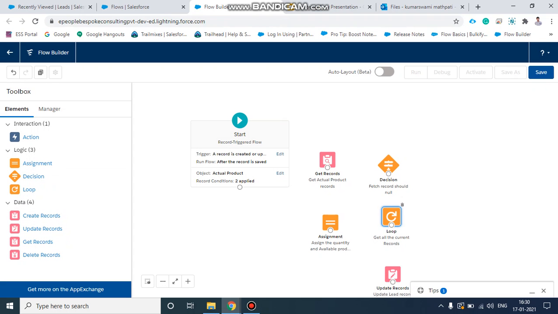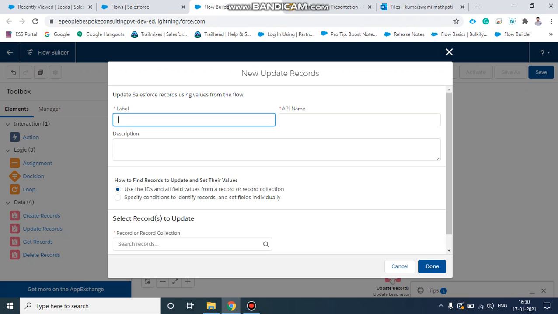When we are querying and getting records, if we do not find any related IDs, then it should be false. That time also we are updating. Update lead record is null.